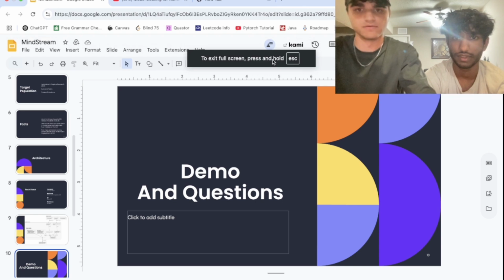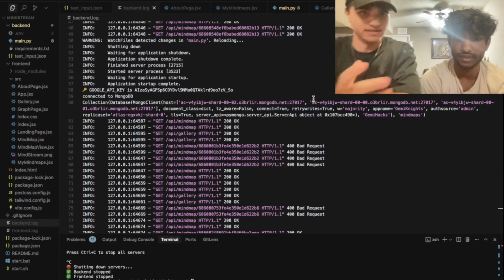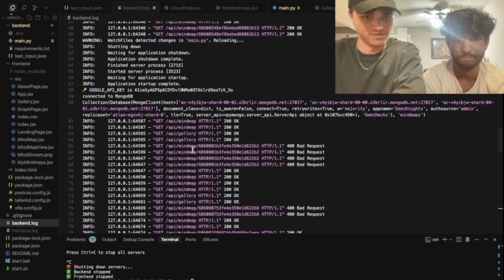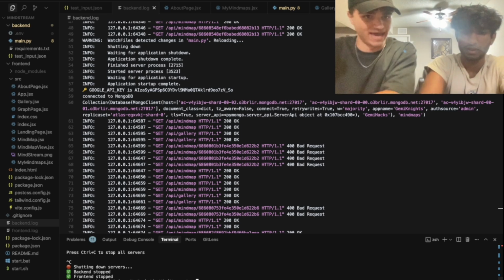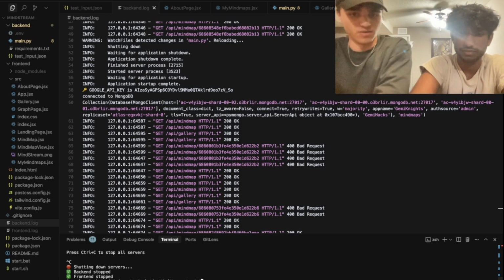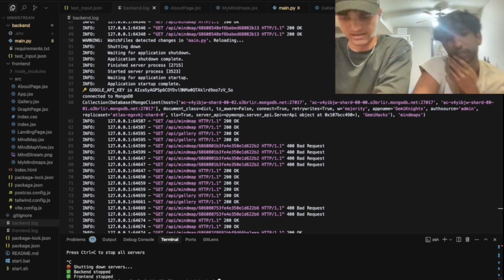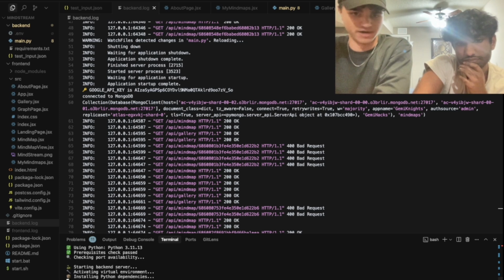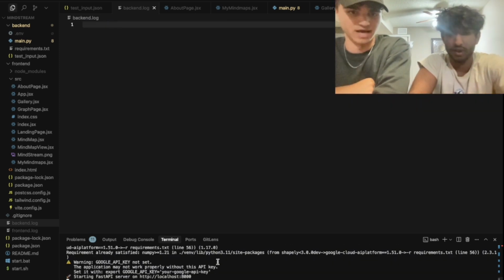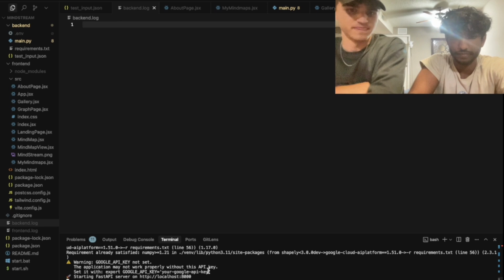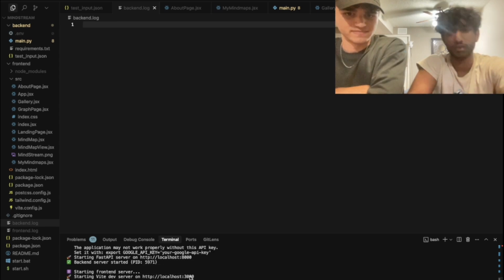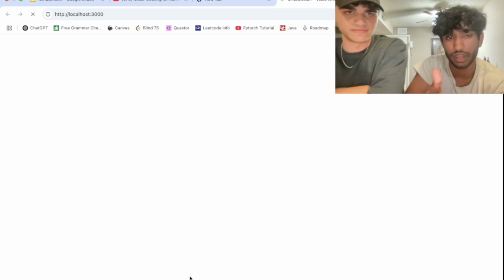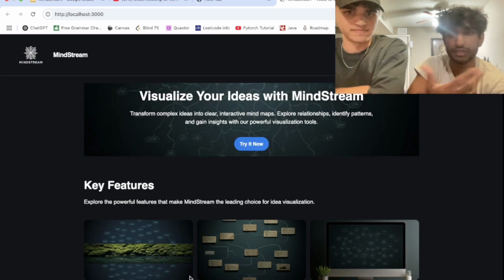All right, so this is our code base, which is where all the magic happens. As you can see, we have a lot of files for both the front end and the back end, and how we started up is through a simple SH file that we created to boot everything up seamlessly. Perfect, this is starting up. So once this is clicked, let's go to our localhost. And that start script initializes both the front end and the back end. So this should be up and running.